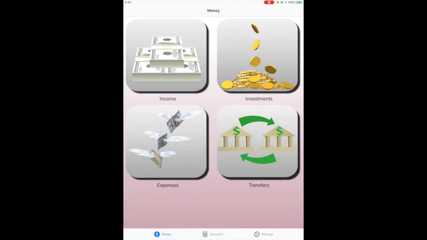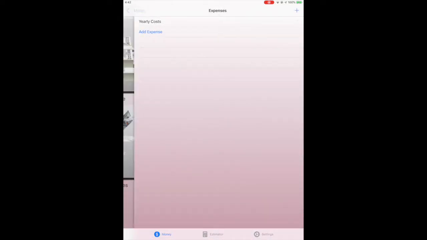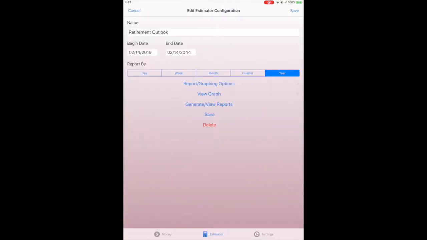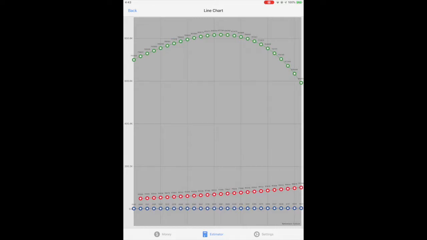So what I'll do is I will change my expense from $60,000 to $50,000, and I'll save it. Now I'll go look at the graph again, and oh, so now my 401k lasts longer than 90 years old,